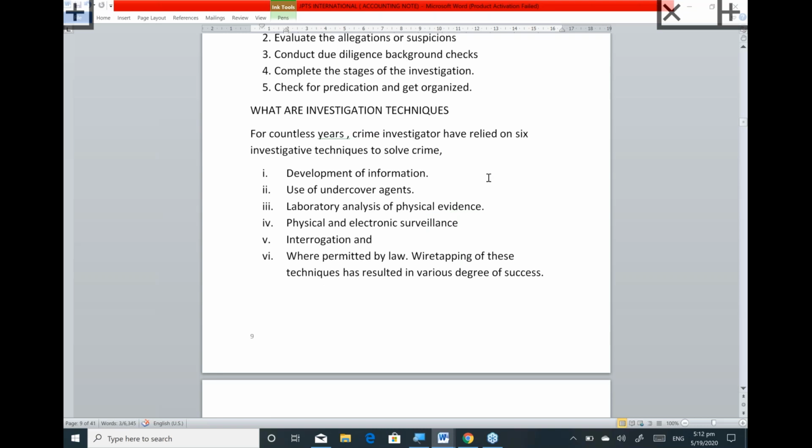1, development of information. We must develop good information. That's communicating good information system in the organization. And we need to check. There must be a check and balance in the system. Now, if somebody is working in a place and always he doesn't want to go on leave, you need to suspect the person. How can somebody work and doesn't want to go to leave? So those are development of information. That's part of the information.